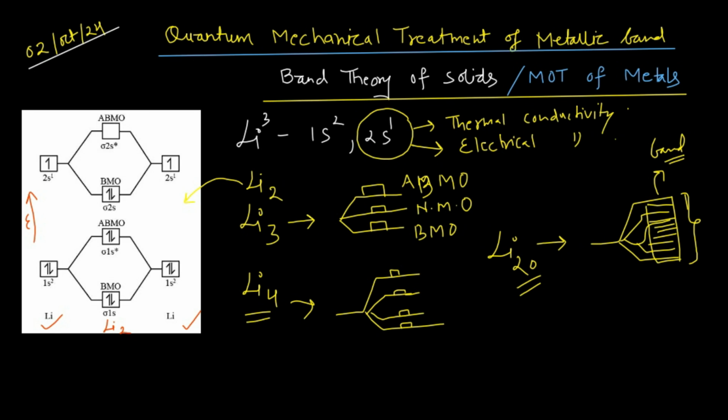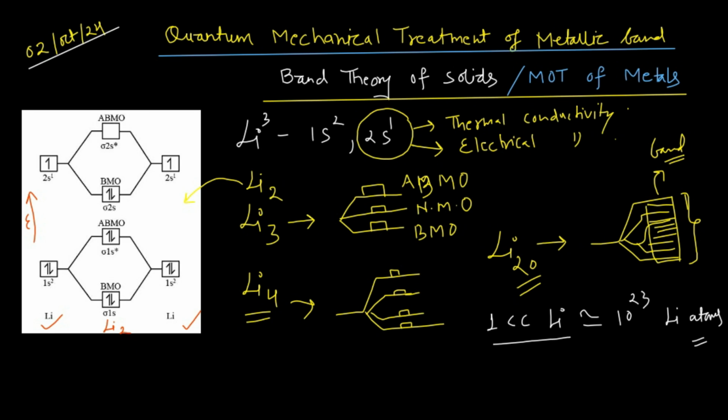But for your understanding, I am giving a very important thing here. Say you have 1 cc of lithium. That means unit volume of the lithium metal, 1 cubic centimeter. Then this 1 cc of lithium will roughly have 10 raised to the power 23 lithium atoms. This is according to the